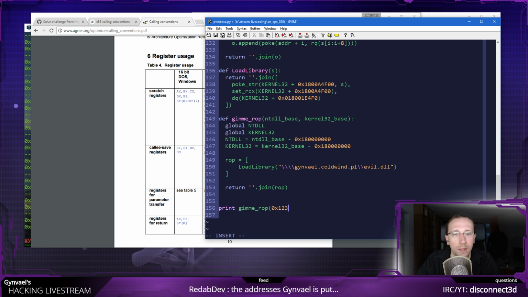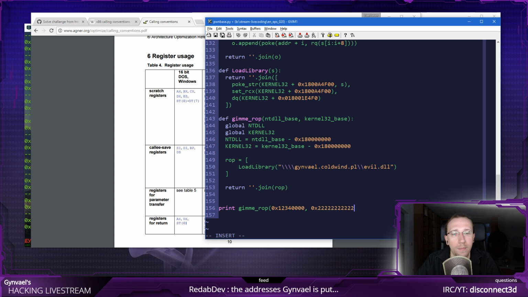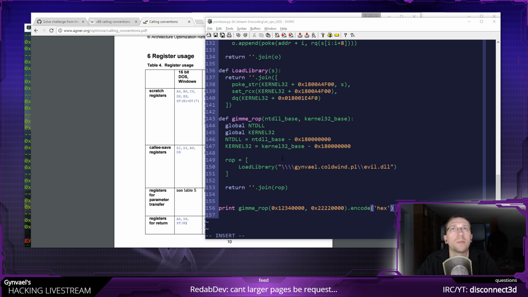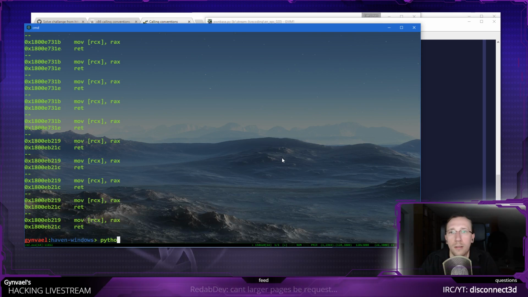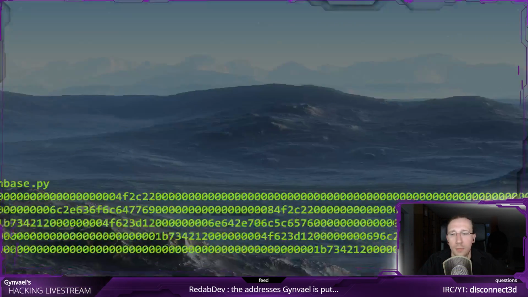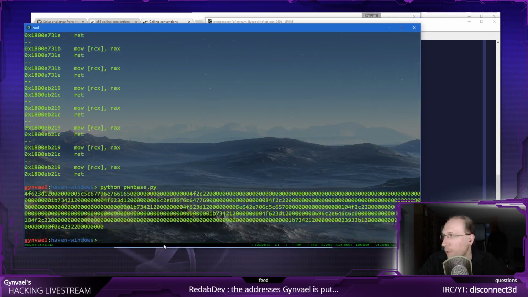I'm going to put some random addresses here so we can see how it's generated. That's way too much, sorry. And I'm going to encode it in hex so we can actually see it in hexadecimal. Python, and yeah, this is the ROP chain in the end. Okay,